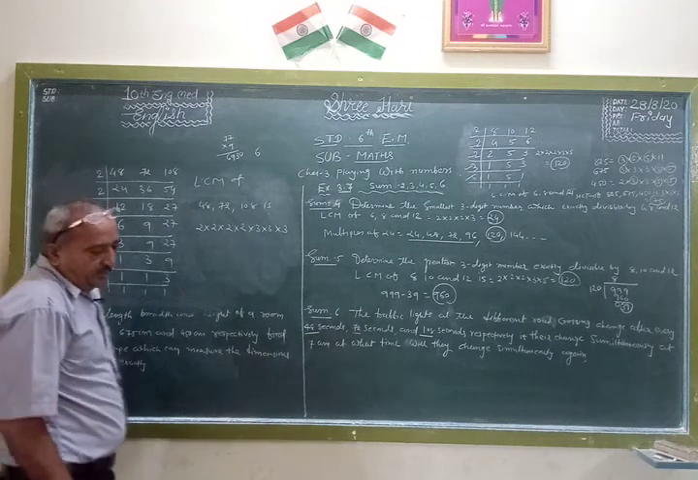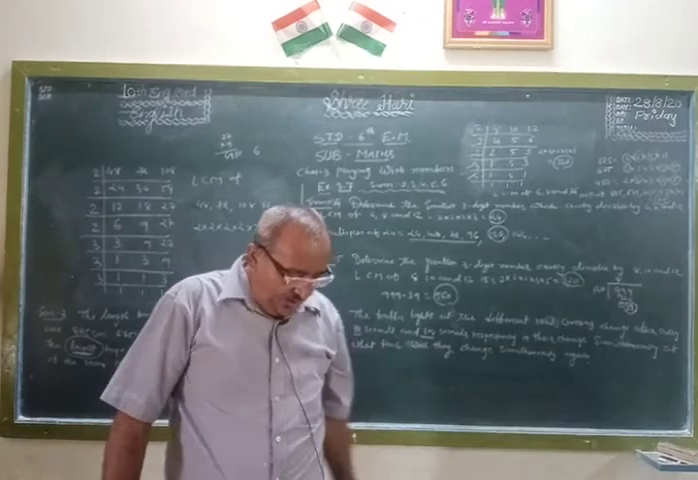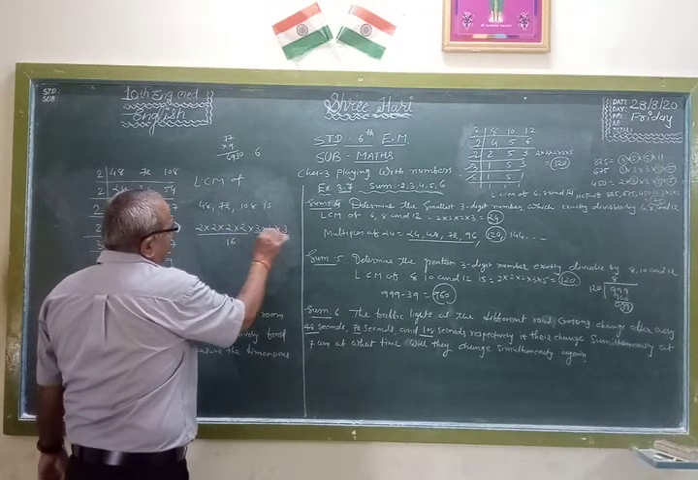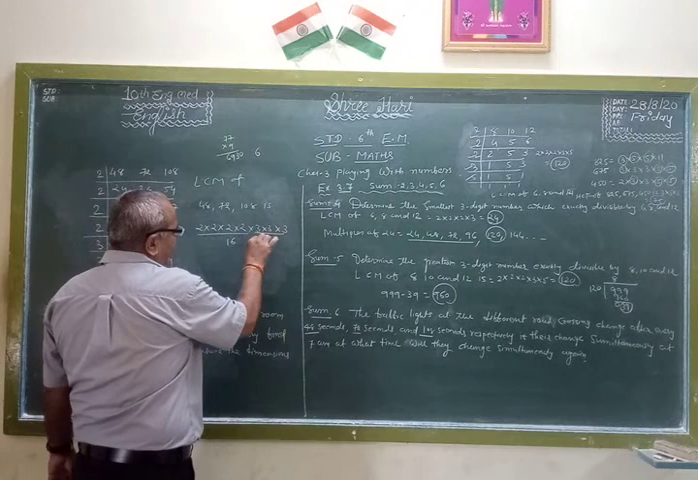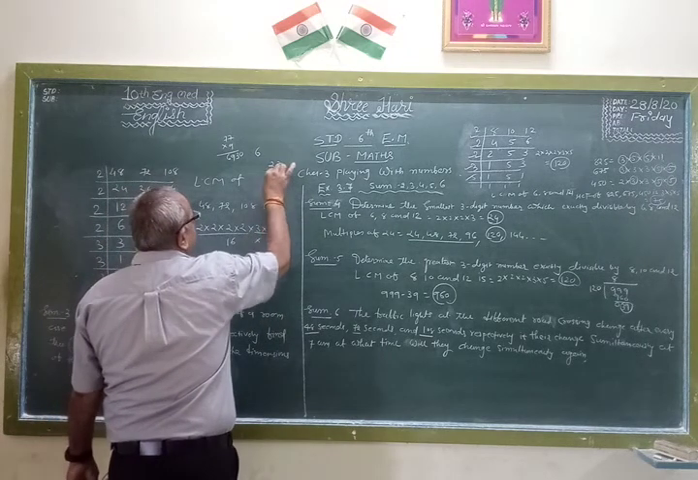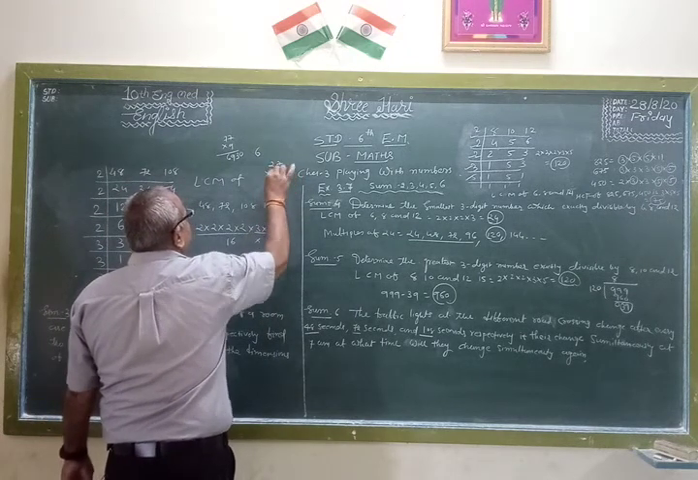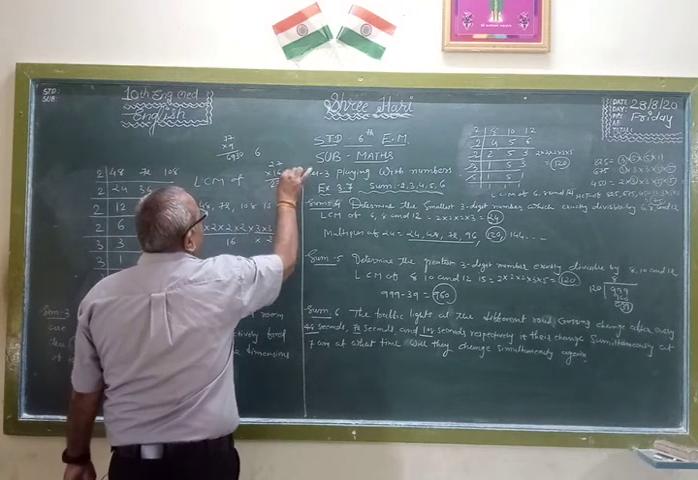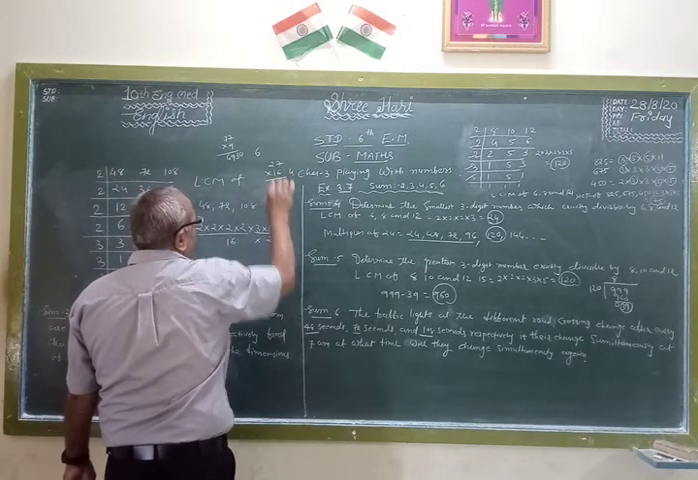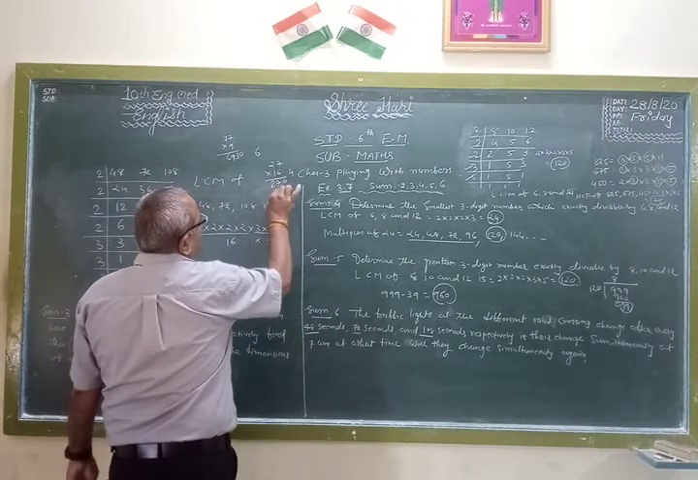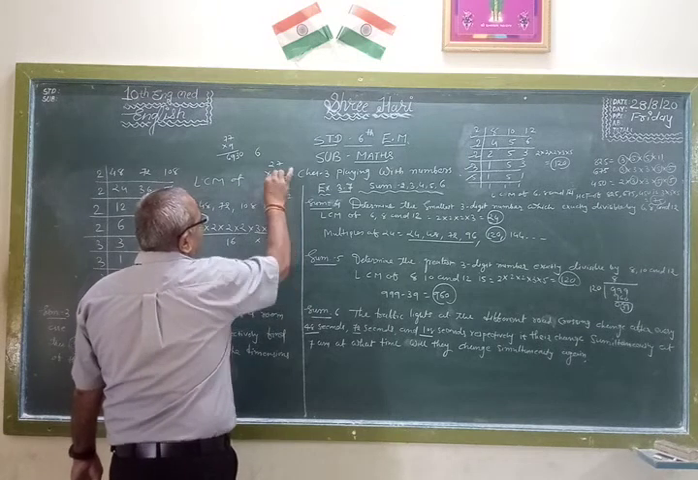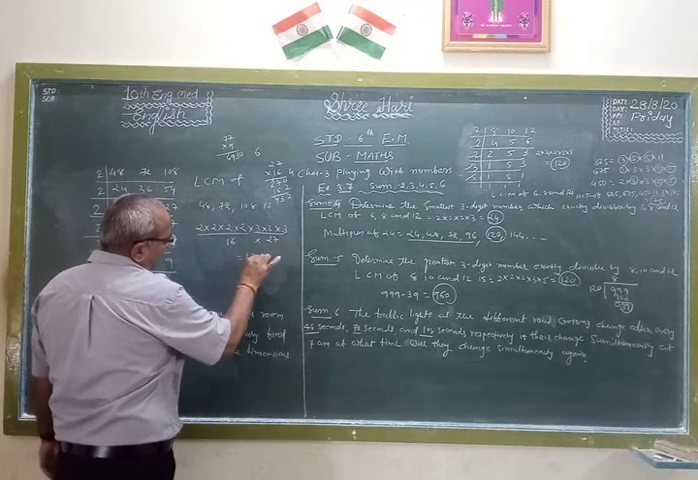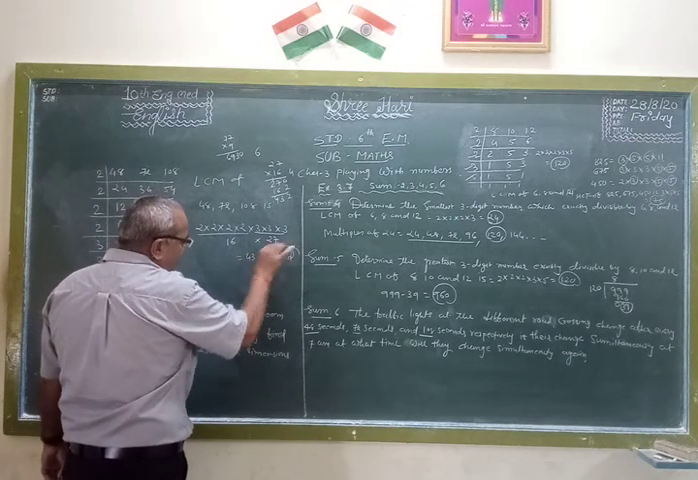Now the LCM: 2 times 2 is 4, 2 times 4 is 8, 2 times 8 is 16. Here 16. 3 times 3 is 9, 9 times 3 is 27. Multiplication of 27 and 16: 7 times 6 is 42, 2 times 6 is 12 plus 4 is 16, and so we get 432. After 432 seconds,